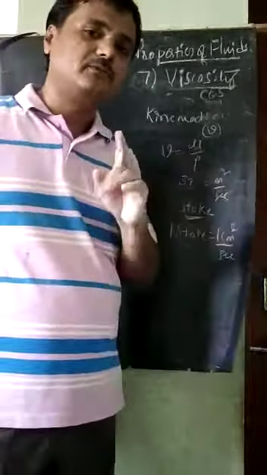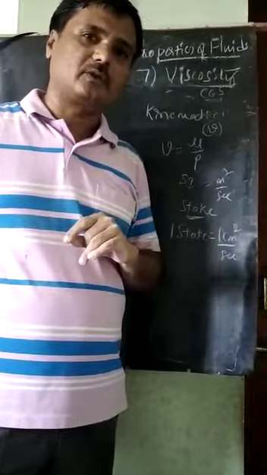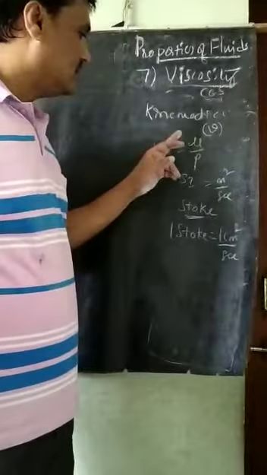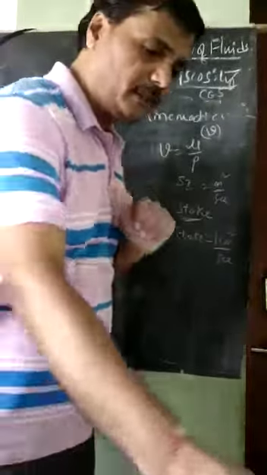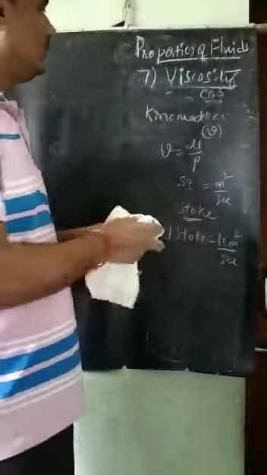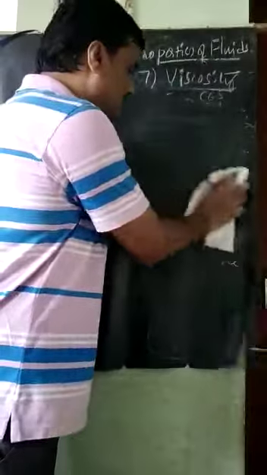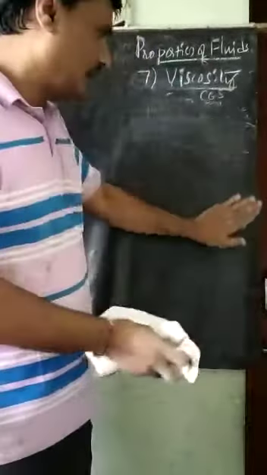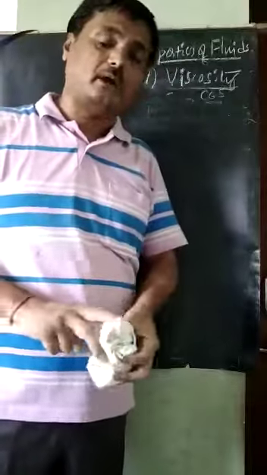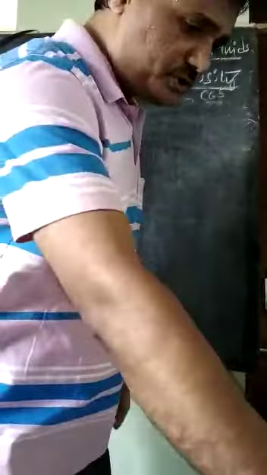This is also the unit for the kinematic viscosity. It is the ratio of mu by rho in this case. This is about the kinematic viscosity and the dynamic viscosity, how it is formulated, by the benchmark problem and all. So next question comes now.